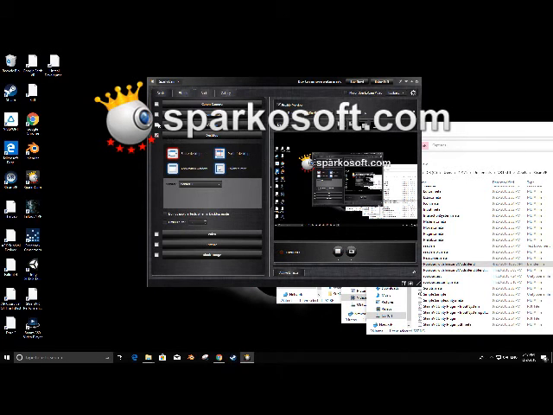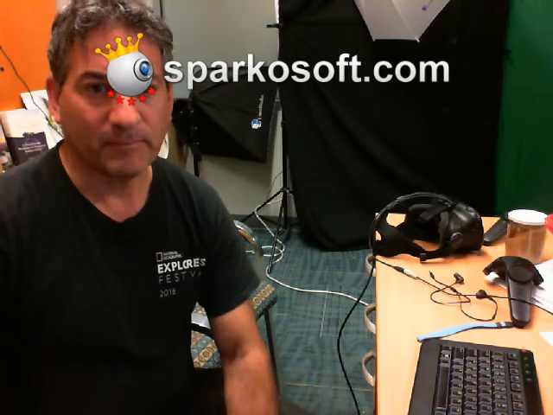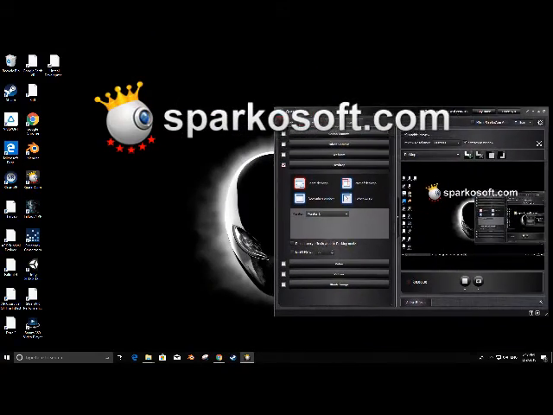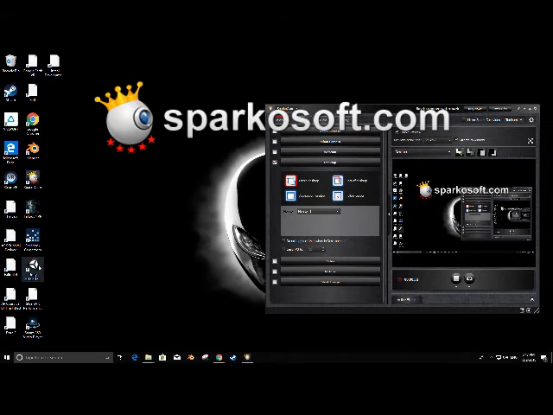Alright, so I'm going to try and do a tutorial on how to set up teleporting in Unity for the HTC Vive. I'm using SparkoCam. For some reason I'm unable to remove the watermark even though I have the registration number, so I'll work on that. Anyway, I'm going to go into my desktop so that you can see what I'm doing here. And I'm going to launch Unity